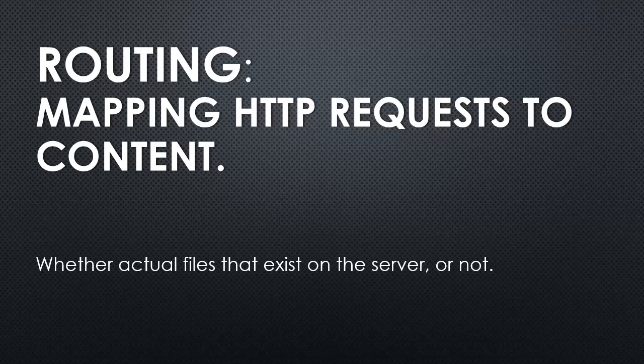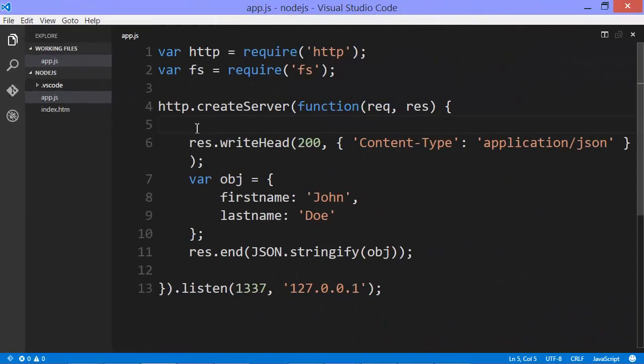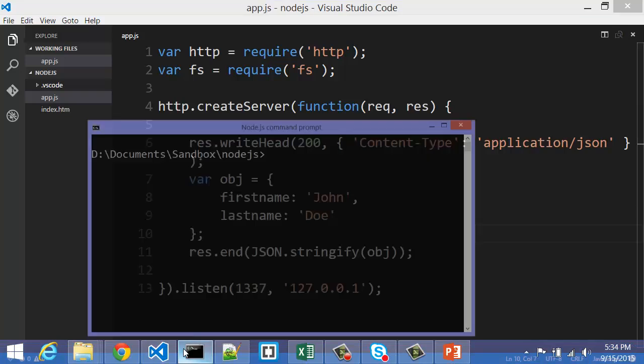So let's look at routing at a very simple level. So we're back here to our JSON code where we serialized the JavaScript object to JSON, and that's it. That was our HTTP response. Now we want to respond more properly to different URLs that come in the HTTP request. Because right now, and this may surprise you, every URL we send to Node will give me back the same data. So if I run this,